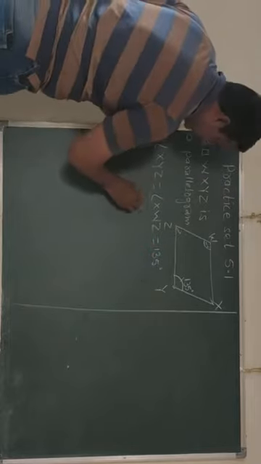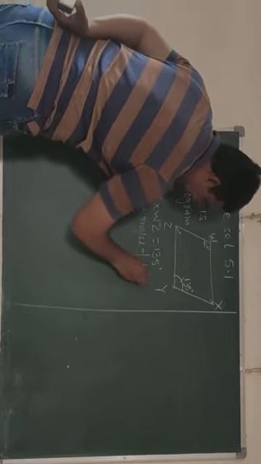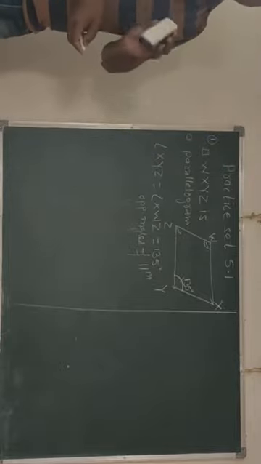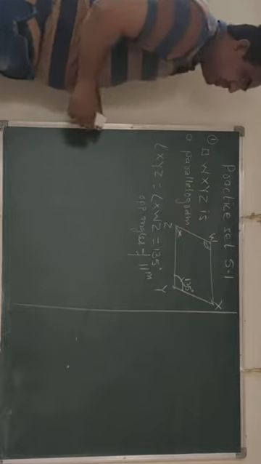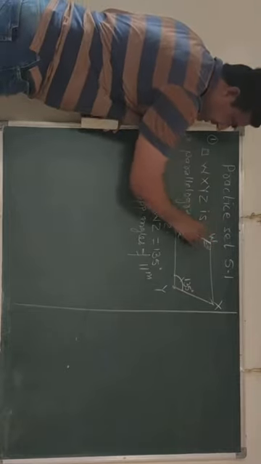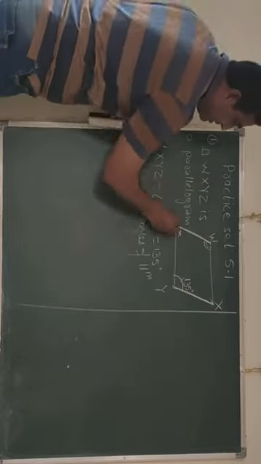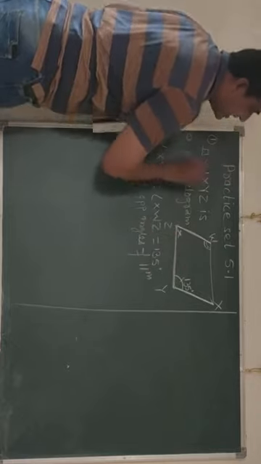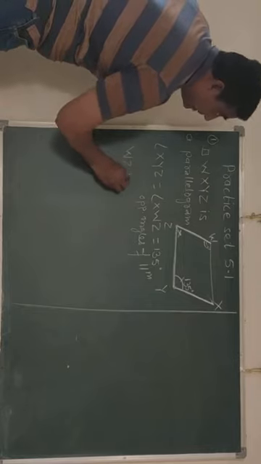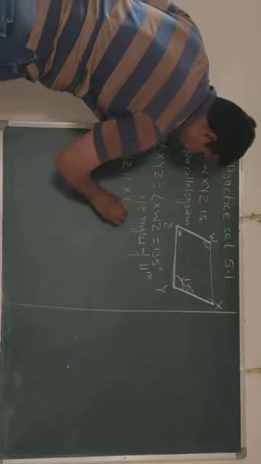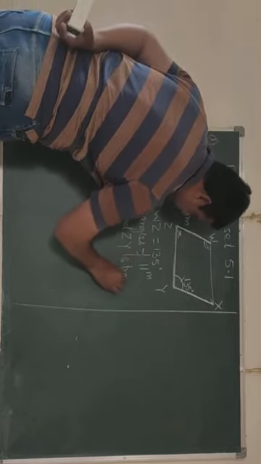Why? Opposite angles of parallelogram are equal. That we have studied yesterday. So we got this measurement. Now we want the measurement of this angle. Now check this line and this line. As it is a parallelogram, these lines are parallel. So what about this ZY? That is a transversal. So here WZ parallel XY and ZY is transversal.